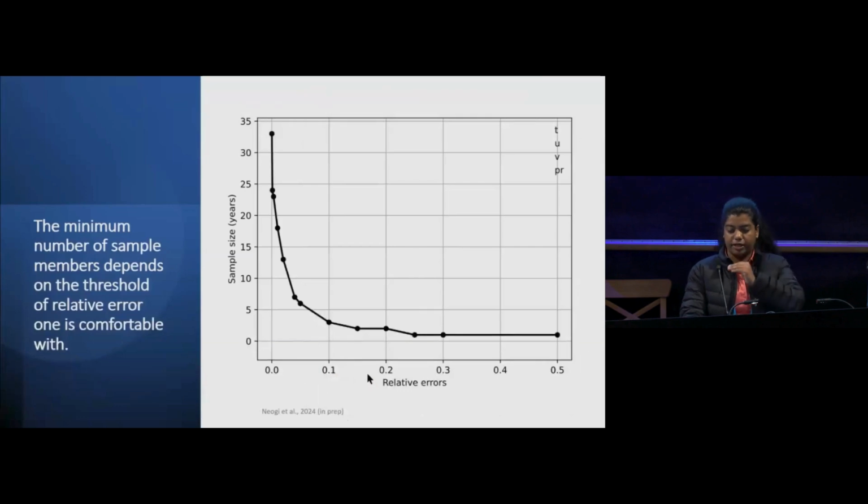And I've compared them for a particular relative error threshold. The black line here is basically the mean over all the variables. And we can see that if you are comfortable with a 10% error, you can get away with a 3-member sample. Yeah, a 3-member sample seems enough to capture the climatology in this case.